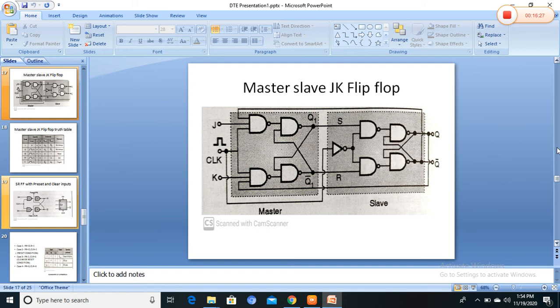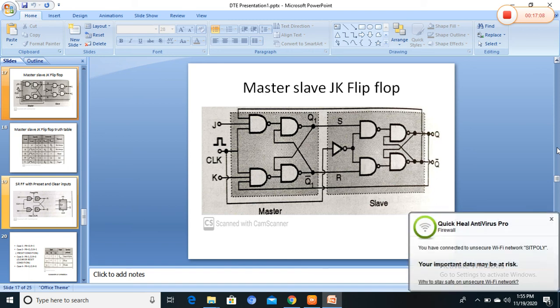So this race round condition, when J is equal to 1 and K is equal to 1, shows in the waveform multiple toggling in the time period t2 to t3. We avoid that multiple toggling by this master slave JK flip-flop. The last three conditions are the same as explained, but in the last condition, when J is equal to 1 and K is equal to 1, first the master is active when the clock is 1, and the slave is inactive. The master outputs are inverted.